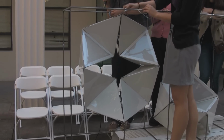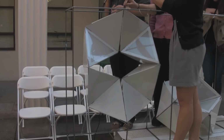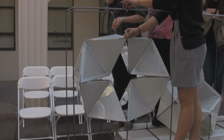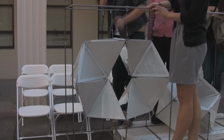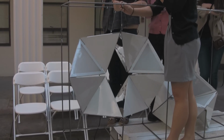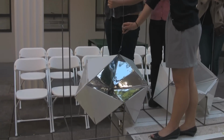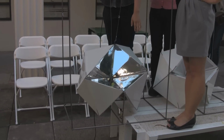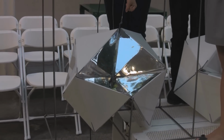Considering that this workshop is just a week long, we decided to constrain ourselves to three positions. This is the first position, and it creates a horizontal opening. When it is in the second position, by lowering the cables, it creates this vertical slot. In the third position, the object becomes smaller, and you can see the reflective panels on the object so that when it encloses like this, the